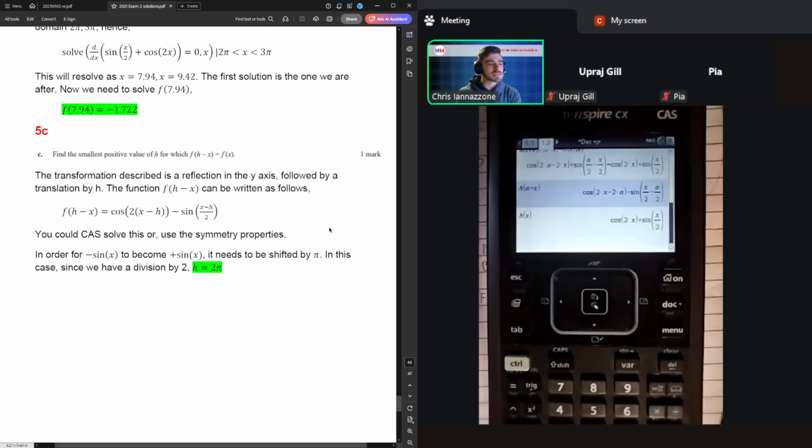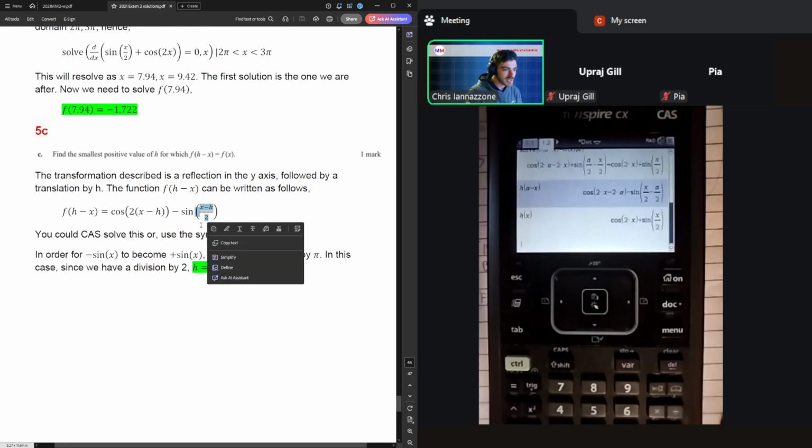The overall thing is the idea that you have to shift sine by pi if you want to flip it from being positive to negative. If it's in the top quadrant, any shift of pi will put it in the bottom quadrants. That's fundamentally it, whether you go backwards or forwards. And so we want the smallest positive value of h. If I were to shove in a value for h, focusing on the sine specifically, such that when everything simplifies down I get that plus pi or that minus pi,